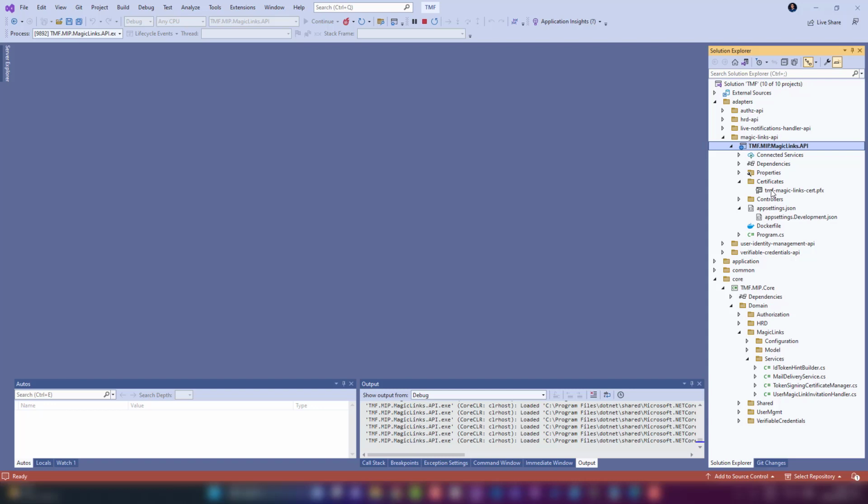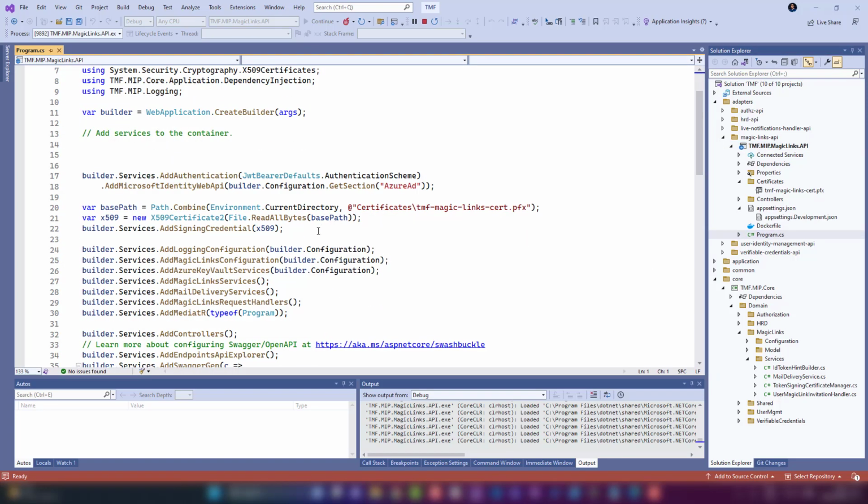And this is good for the demo purpose, but obviously for production workloads, you should use your certificate from the certificate authority. So in this case, it shouldn't be a self-signed certificate. Okay, then what is important here is the fact that I'm loading this certificate using this code in the program.cs